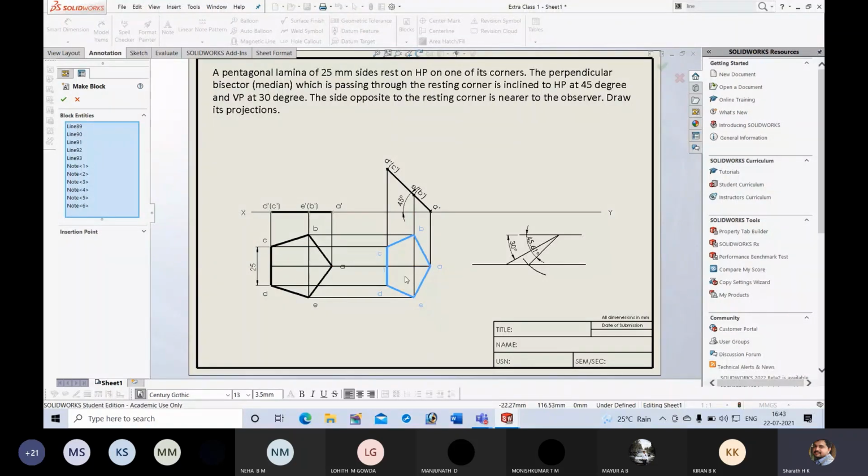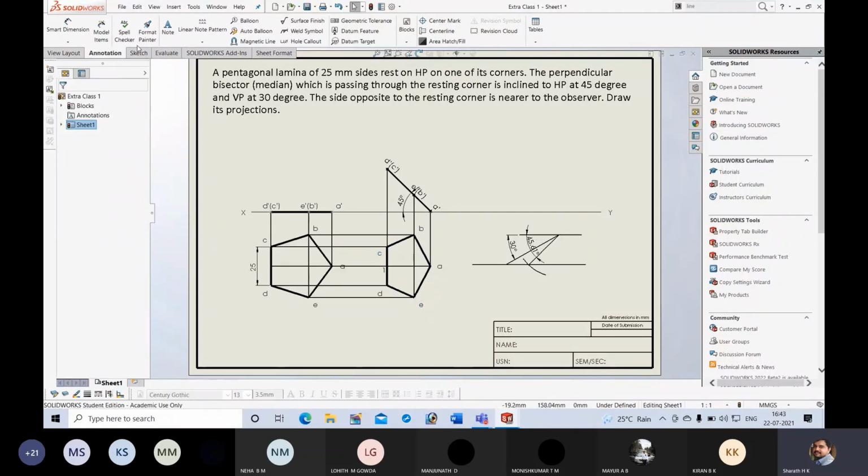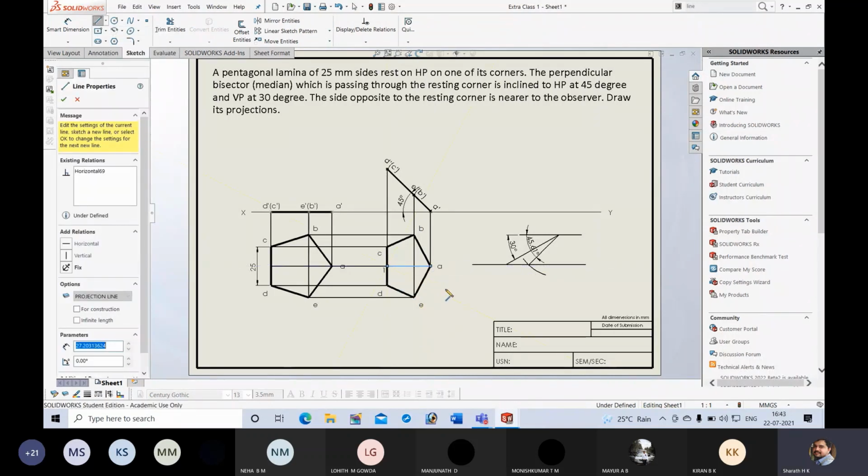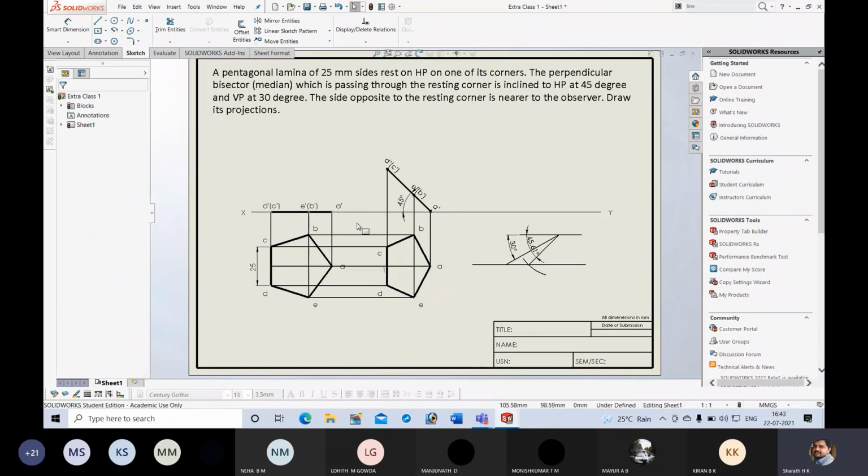Then if I want to select this line, I should consider this also, or I can draw. So before this, I will draw one more line from 1 to A. Sketch line 1 to A. I will draw a separate line, like this.